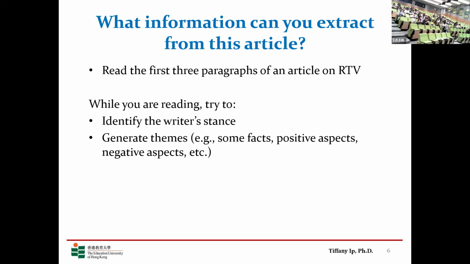So you can write it down. Maybe the writer is supportive of RTV or not supportive or neutral. And then facts would be something neutral about RTV. Let me give you one example. So paragraph 1, first line: the recent phenomenon of RTV, although hugely popular worldwide. I would say the words popular or hugely popular worldwide would be a fact. And so you don't exactly know whether the writer thinks RTV is good or not. So he or she is just stating the fact that it's really popular. Right? Then you can put it down here. This is one of the facts.